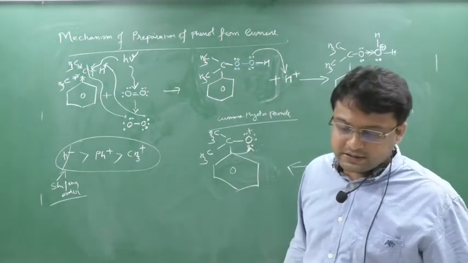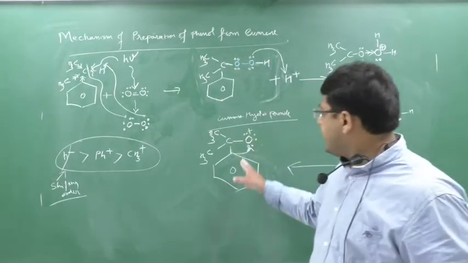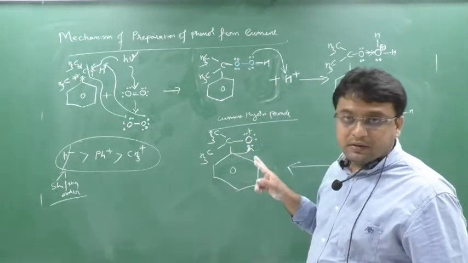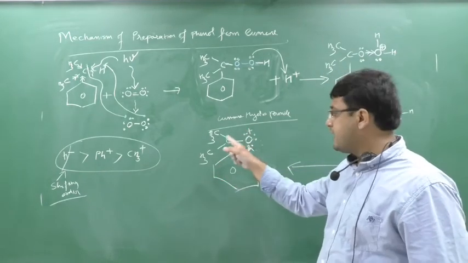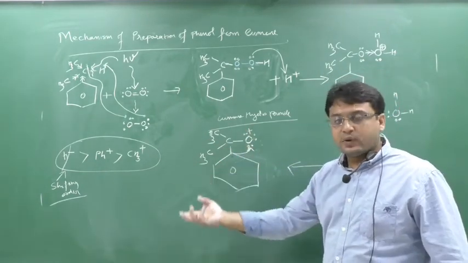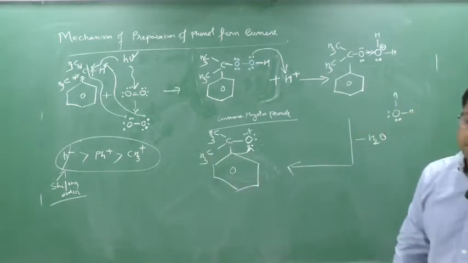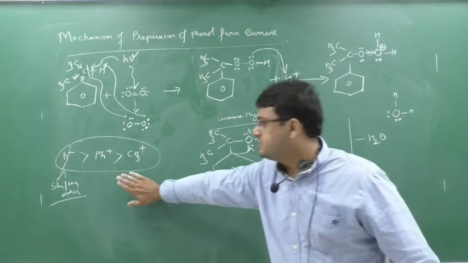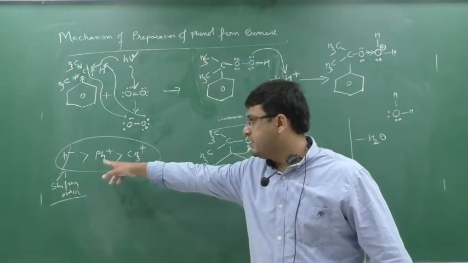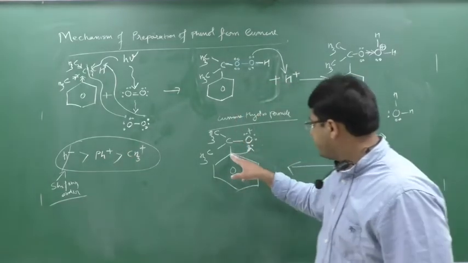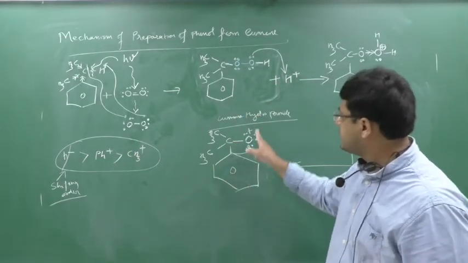One more thing. The second reason you can give is that phenyl cation is more stable than the methyl cation. That's why methyl shifting will not take place. Instead, phenyl shifting will take place. Clear? So this series tells us that phenyl will shift because phenyl is more stable than methyl shifting, according to this series. So phenyl will shift there, not the methyl, to satisfy the oxygen.